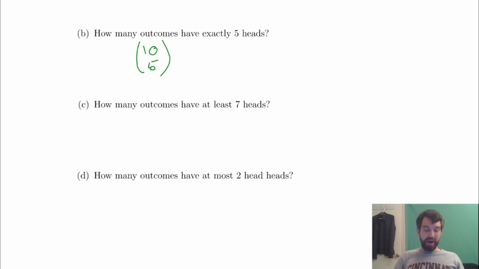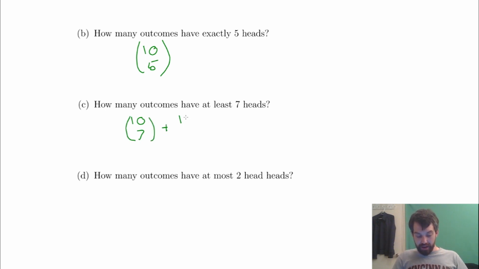All right. How many outcomes have at least 7 heads? So notice here there's a couple possibilities. There's 7 heads, 8 heads, 9 heads, and 10 heads. So it's a sum of 4 different things. It's the sum of how many ways can you, from 10 possible flips, choose 7? But then I have to add